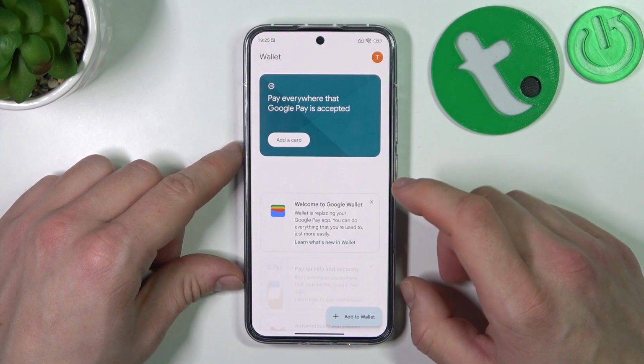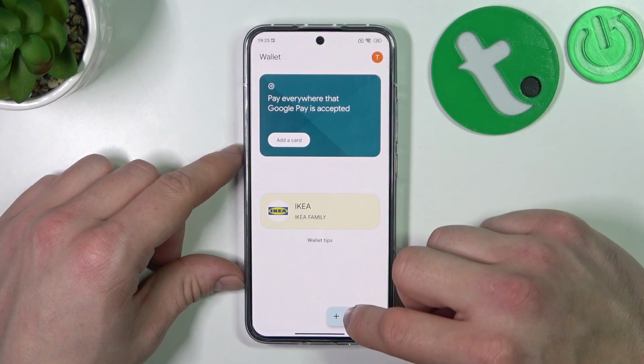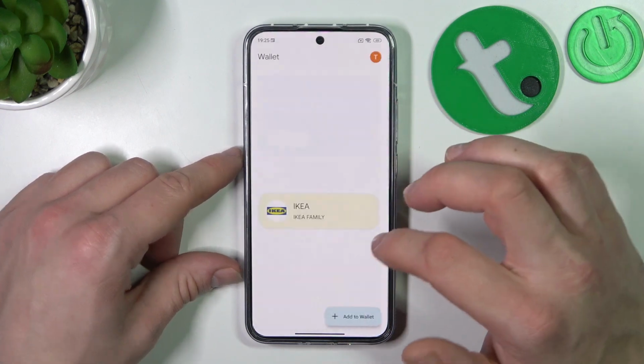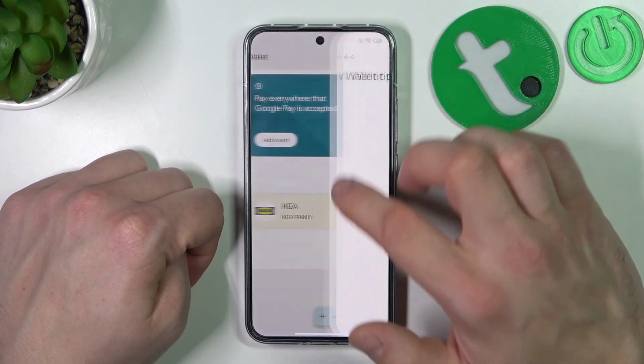And as you can see from the homepage of this app, you can add payment cards, check quick tips, and add passes like transport pass, loyalty and gift card. If you go to menu, you've got access to your Google accounts, all wallet tips,